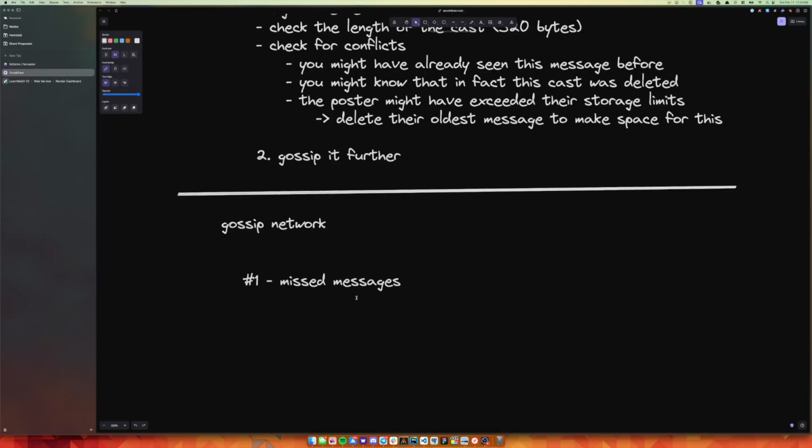Missed messages: maybe your hub went down for a little bit, or hubs that you are connected to went down for a little bit, or there were network issues, whatever. You missed some messages over there. So Hubble implements a diff sync protocol, and basically what happens is, you can request another hub and tell them